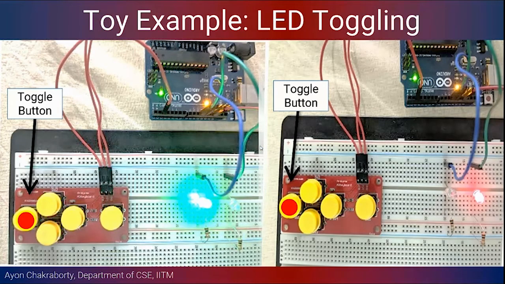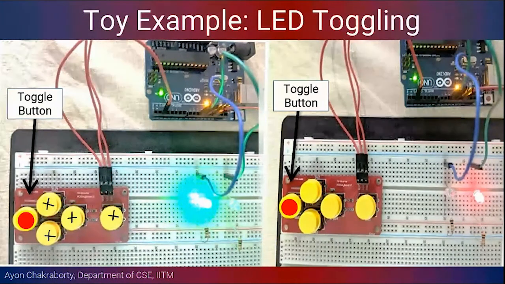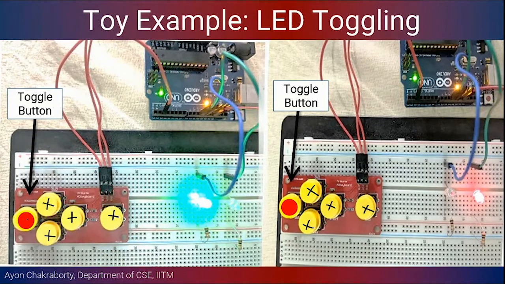So this is the circuitry where we have the toggle button. There are 4 buttons, but we are not using these buttons in this particular example. I just happen to have this keyboard. I am using only one button, and just assume that it is possible to register whether this button has been clicked or not, right? This goes to a digital input output port, and from the value, we can figure out whether that button has been pressed or not.